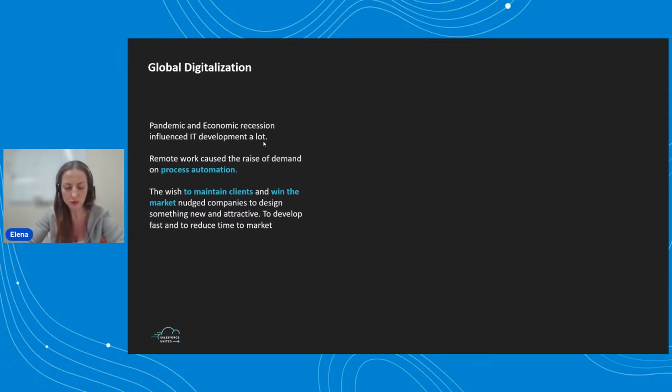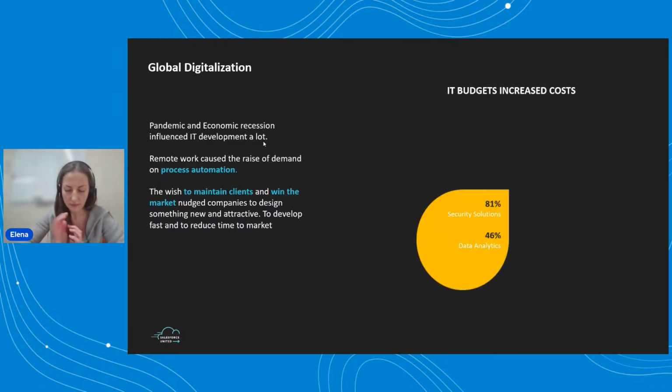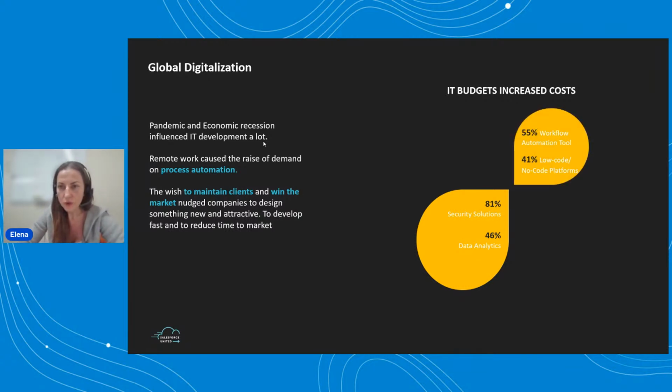And as we're working more with data transition, the major part of business expenses now is for security and data analytics. For workflow automation and low code,